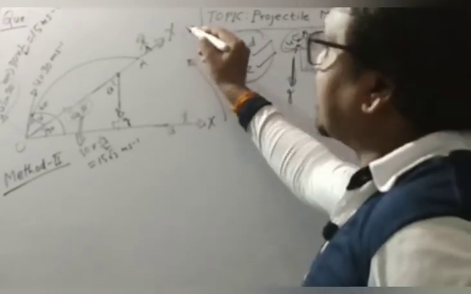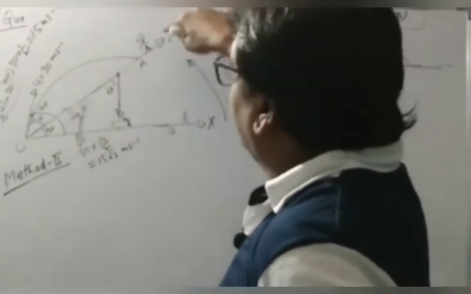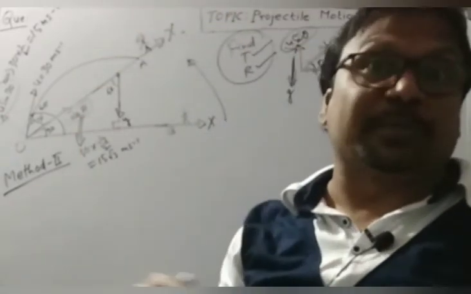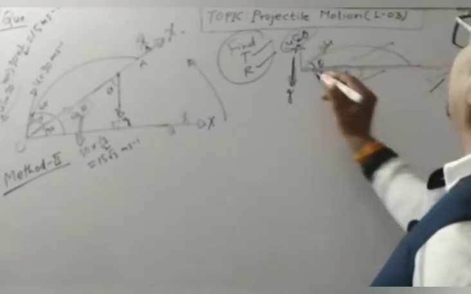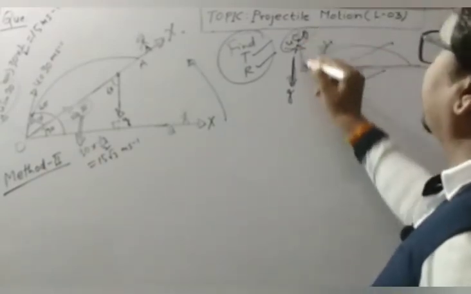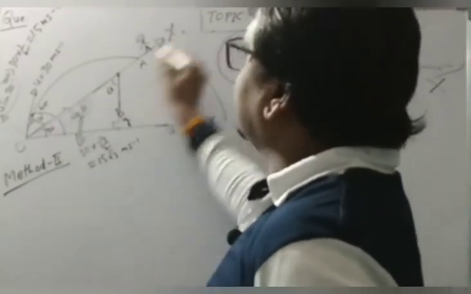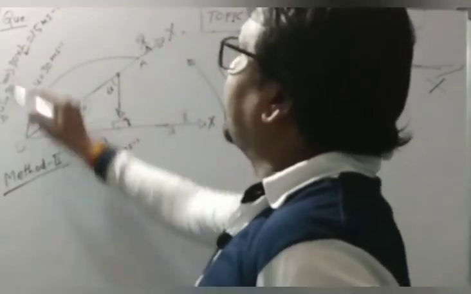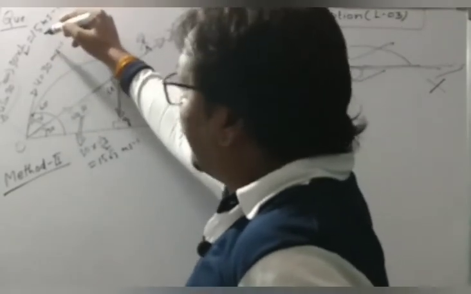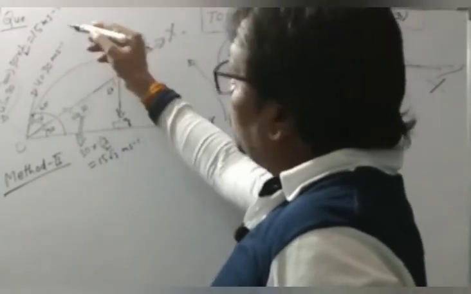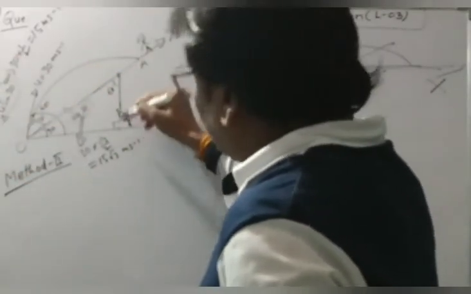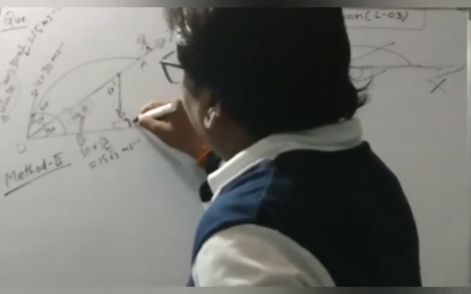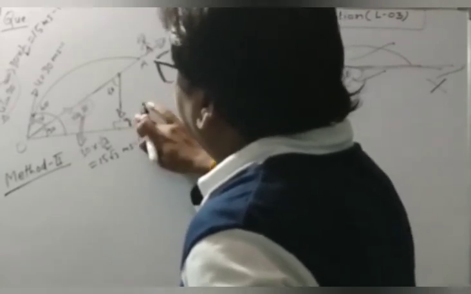So here, if this is the x-axis, then what is the vertical component? The vertical component is the velocity which is perpendicular to the x-axis. Like this was the x-axis, the velocity perpendicular to the x-axis was this one, u sin theta. So here, this is the x-axis, and the velocity perpendicular to the x-axis is 15. So we need an acceleration which is just opposite to this 15 vertical component. So here the acceleration is this g. g means 10 meter per second squared.